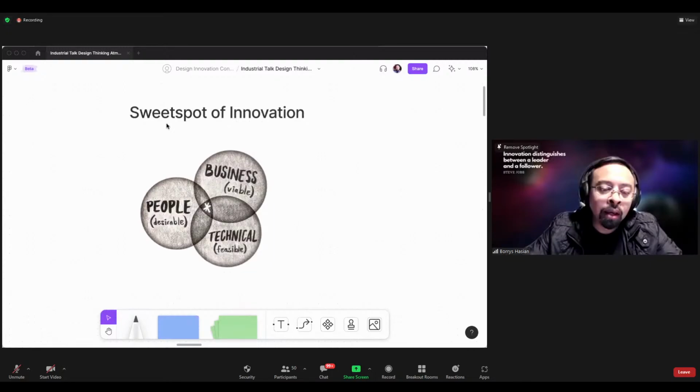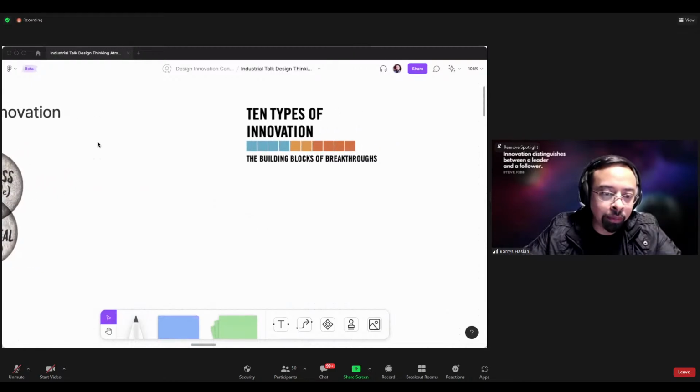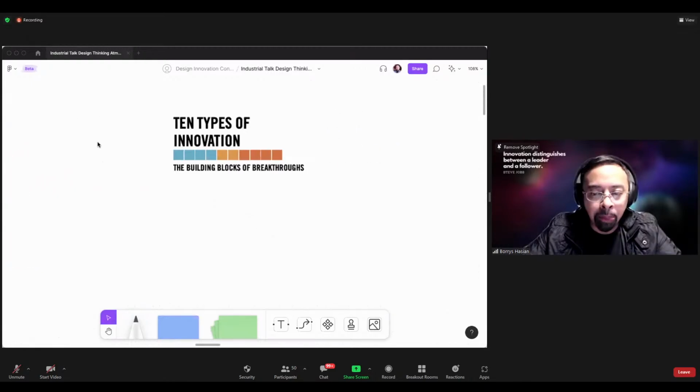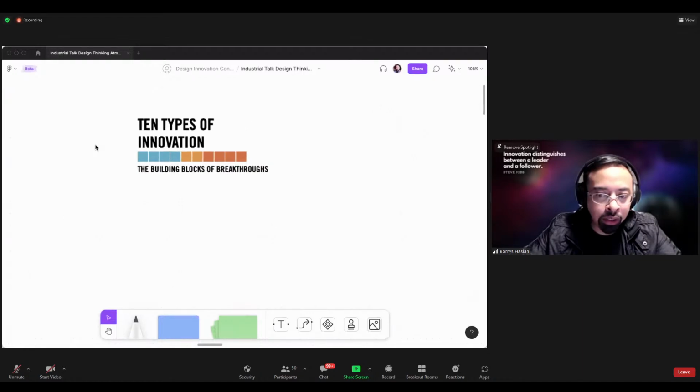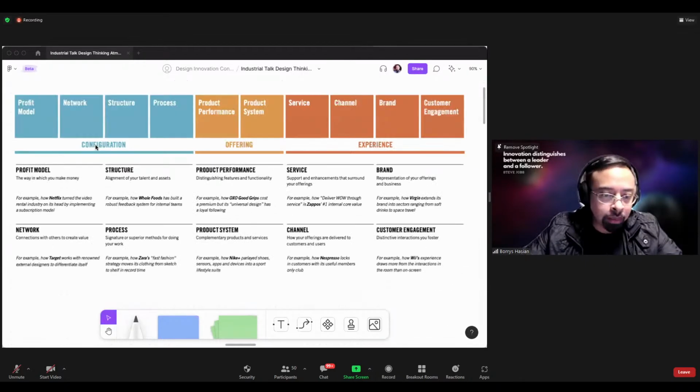But once you are designing something complex, for example a food delivery service, there are so many aspects to it. This might help as a foundation for a simple innovation, but once you go into a complex product, you need to have more things. So there's a framework called 10 types of innovation. Basically, it shows there are 10 aspects when you want to create innovation. You can search for it later on Google. It's not just about the product itself.